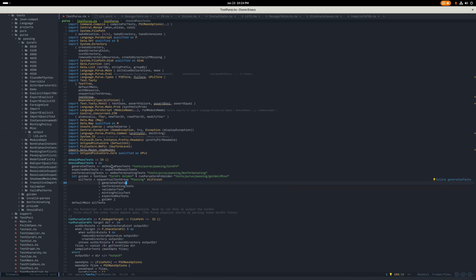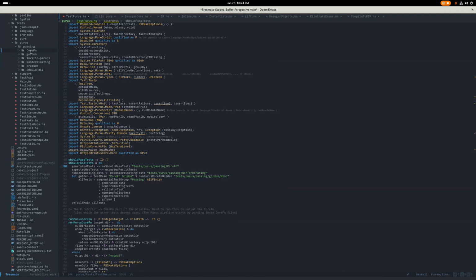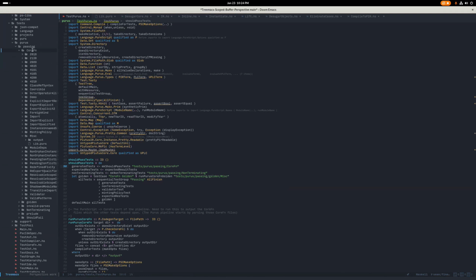So this, the make should pass test thing, what it will actually do is try to compile and evaluate every single function in every single module in this core level directory and test Purus passing, right? The goldens are just a copied over version of the output here pretty much, and that's to ensure that nothing we do changes the core FN, because we shouldn't be making any changes to core FN. It's been known to be okay for quite some time now,